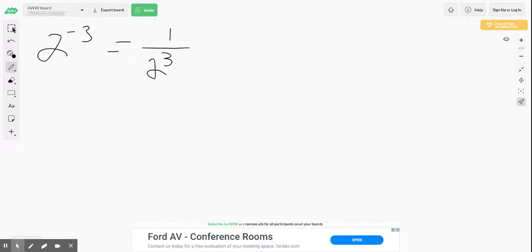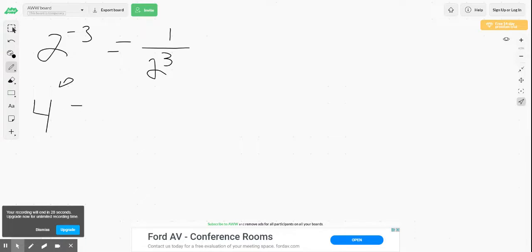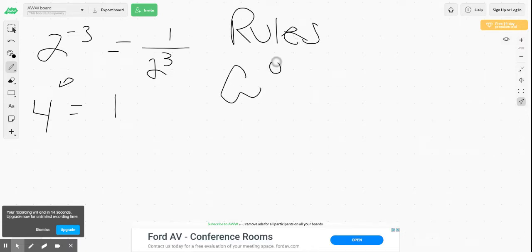And anytime you have a number raised to the power of 0, you're always going to get a value of 1. It does not matter what it is. So our rules here state the following. That any exponent raised to the power of 0 is always going to give you a value of 1. Anything. And anytime you have a negative exponent,